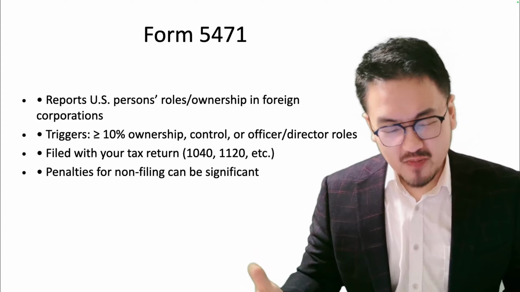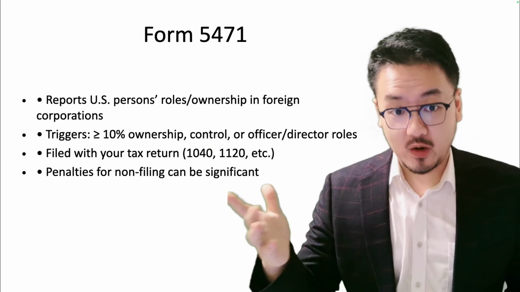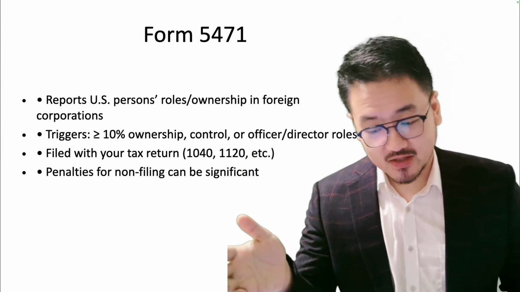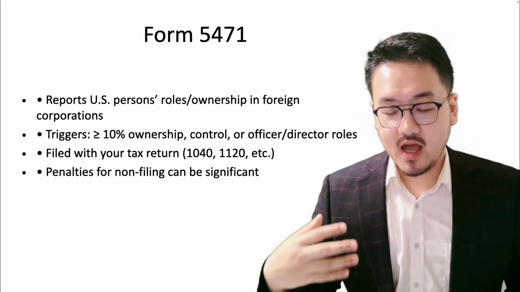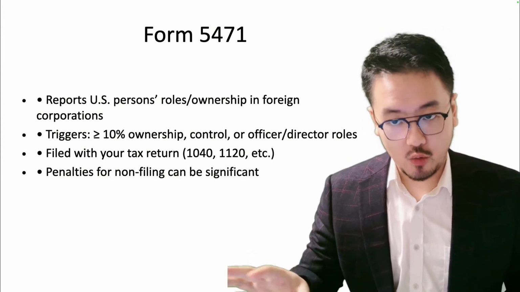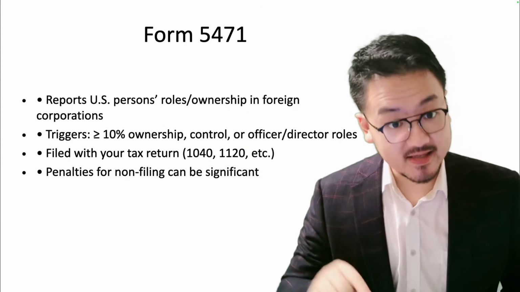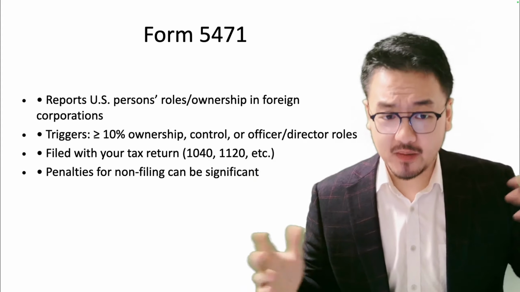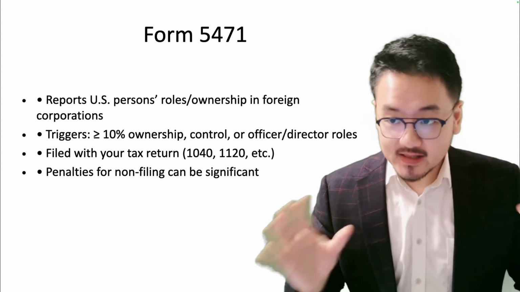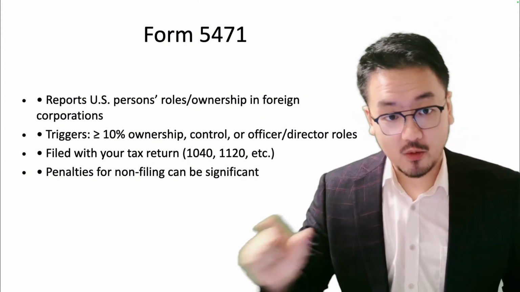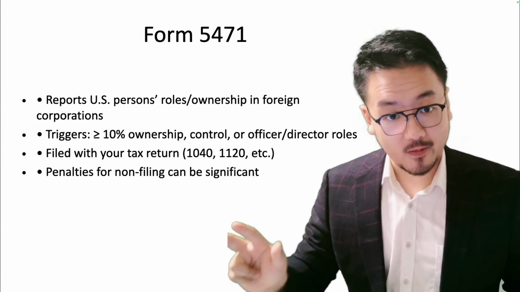And as I said multiple times, when I'm memorizing different requirements, I'm sort of thinking like a legislator: why do they need this? Basically it's used to satisfy the requirement of the IRS needing to know when a U.S. person, whether it's a citizen or a resident or certain entities, is involved. Some people forget about this if they open up a company, LLC, or that. If that entity has control or ownership, or even a single U.S. person has control, ownership, or a specific role, we will talk about that,